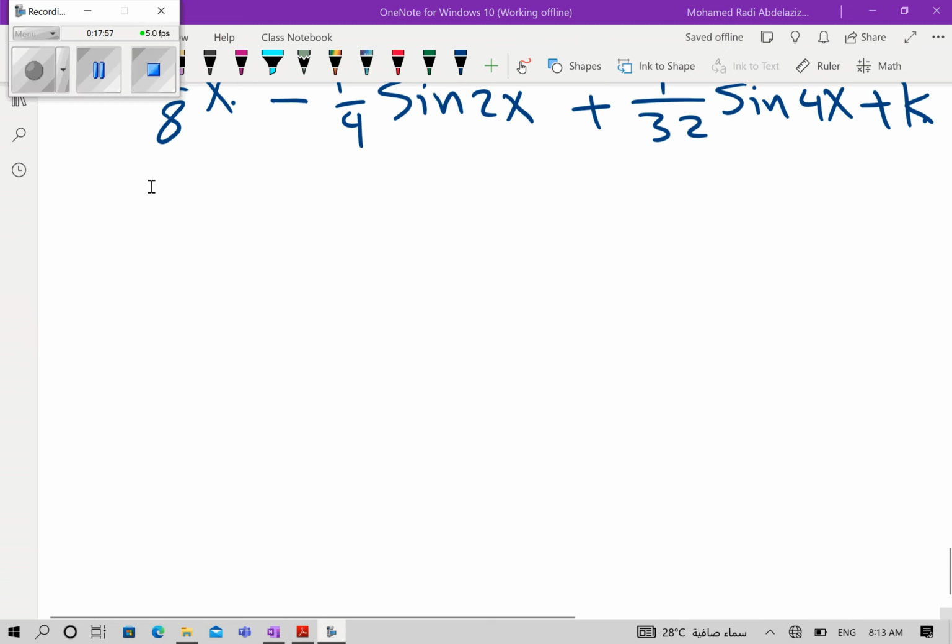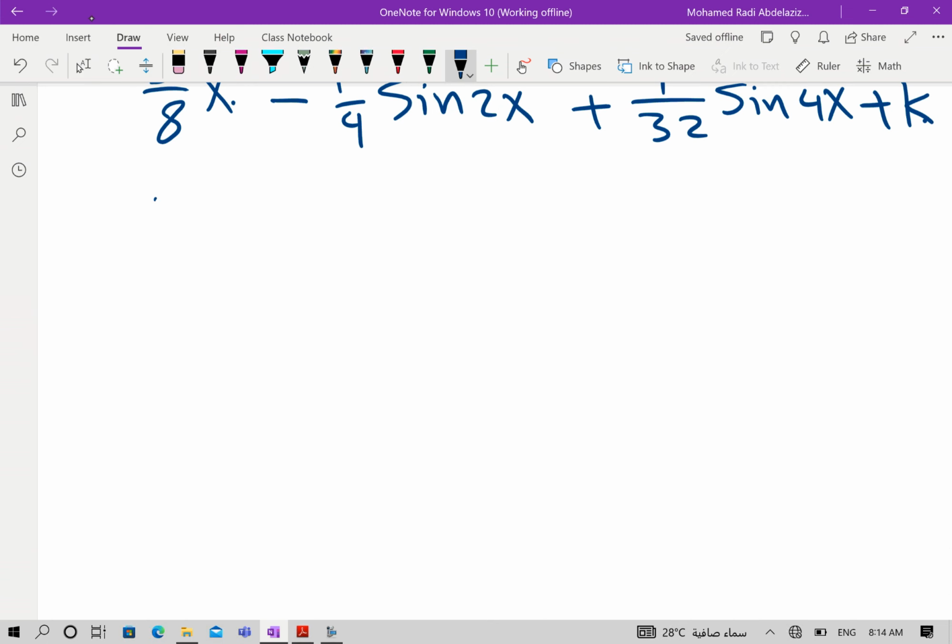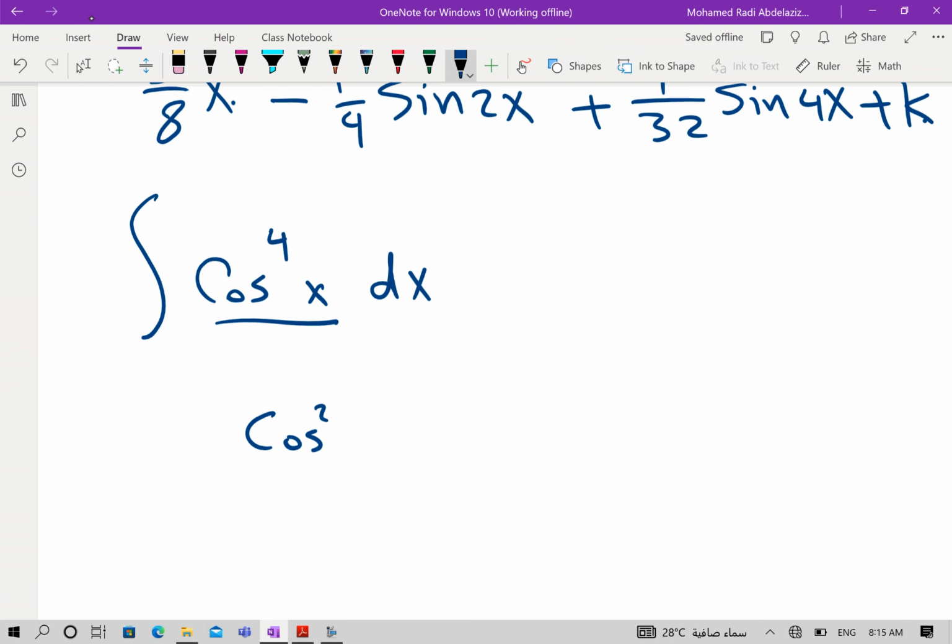Well, how to integrate cosine to the power of 4x? I will explain how to integrate sine cube and cosine cube, but I will tell you why I started to explain cosine power 4x. Cosine power 4x, I will write it as cosine squared x all to the power of 2 by dx,